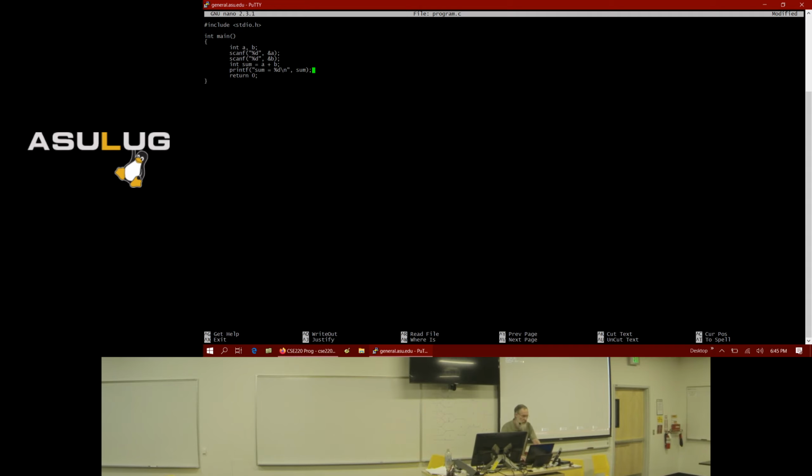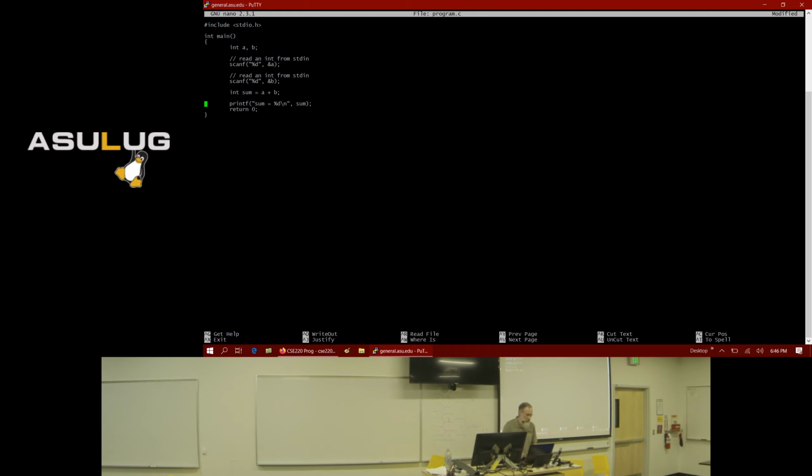I've defined a couple of int variables. In C, scanf is how you read input from standard in. So this first statement will read an int. The %d says read an int. So it'll read an int from standard in, and then we do the same thing, and I read an int from standard in. And then I just compute the sum, and then printf is your C equivalent of cout.